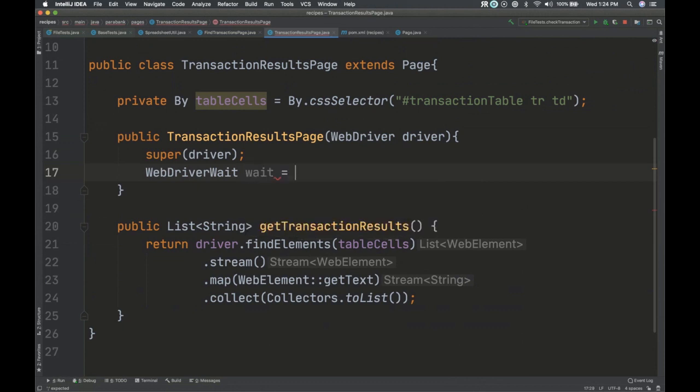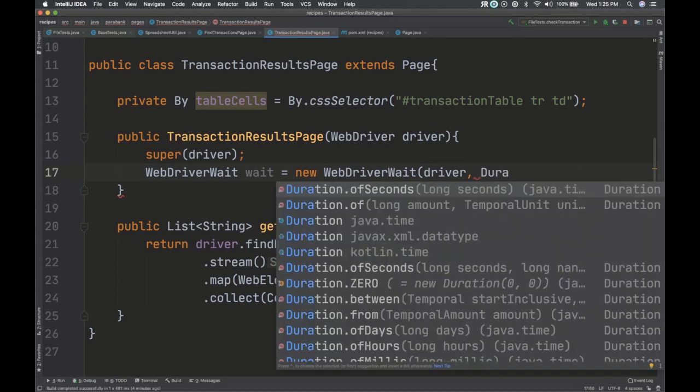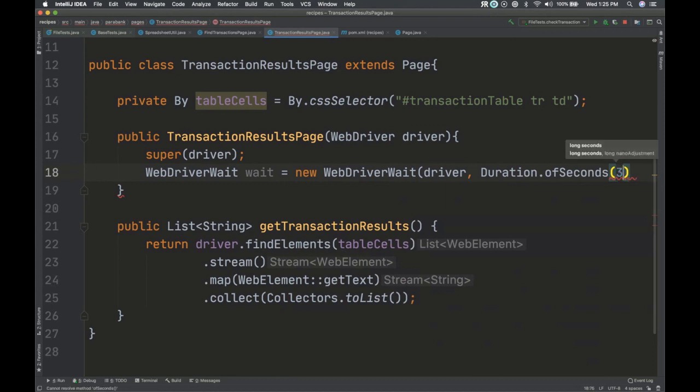So let's just say WebDriverWait. And we give it the driver and we give it how long we want to wait until. So let's give it, I don't know, about 3 seconds. But if it takes like half a second, oh, that's played out. This is how I was saying, it was scratched out. I'm using the newest alpha version of Selenium, which is Selenium 4. And instead of putting that, you have to use this Duration thing. So up until 3 seconds.